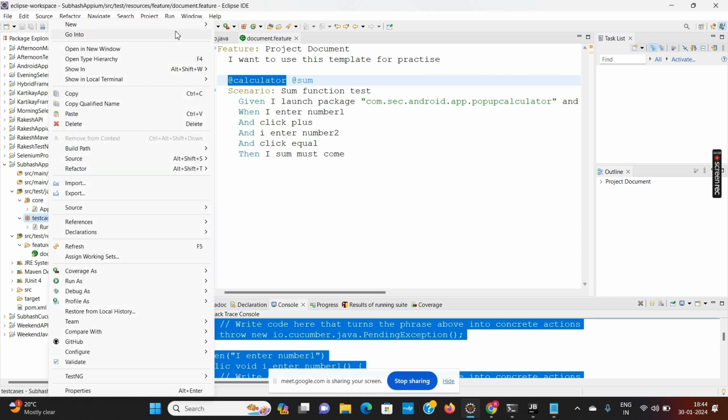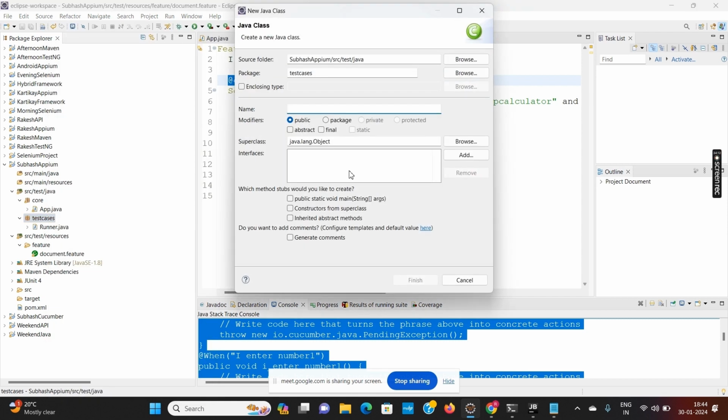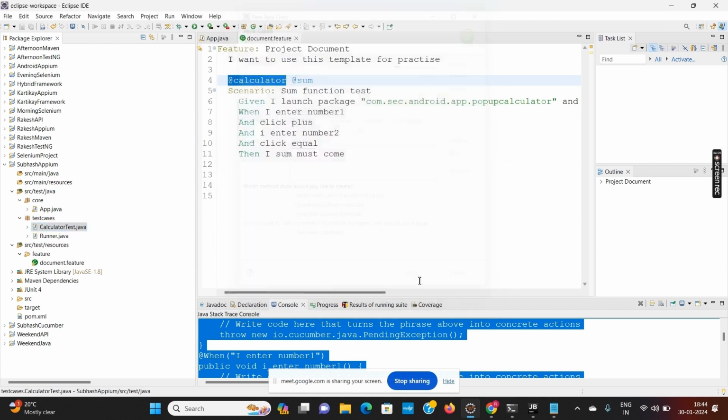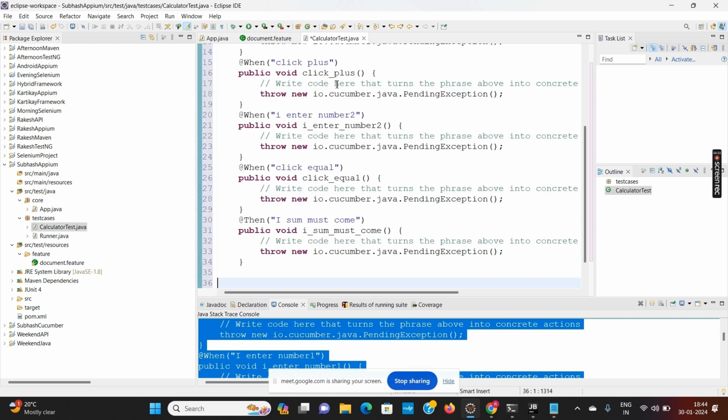You can write a new class, CalculatorTest. No need for a main method, and paste it.